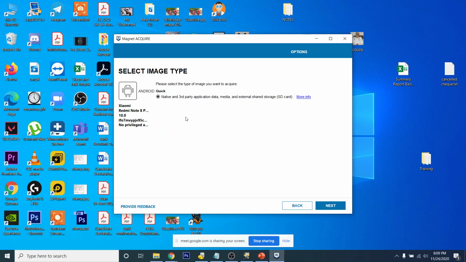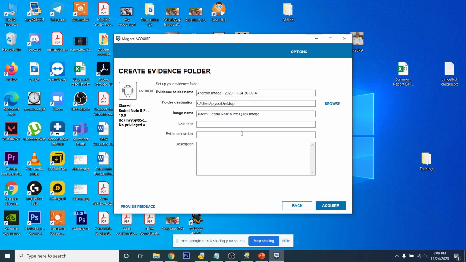So the main method of collecting an image of a mobile phone is that it will install a basic app in your mobile phone, which will help your phone send the data to your computer, to this tool. So here it is written native third party application data, media and external storage. So it will collect all my information. It will create the image of my whole mobile phone. So you can type here